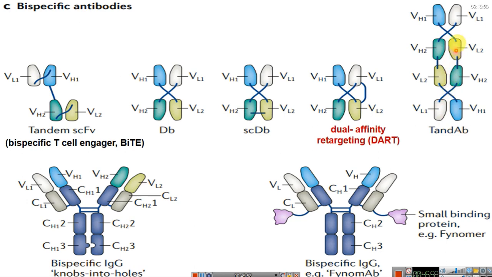Now here you see two of these. In an antibody you have two antigen binding sites, right? So if you see only this region, it has two antigen binding sites, right? And if you see this region, it also has two antigen binding sites. So this region enables the function of an antibody, and this region enables the function of an antibody, so it is a tandem antibody.